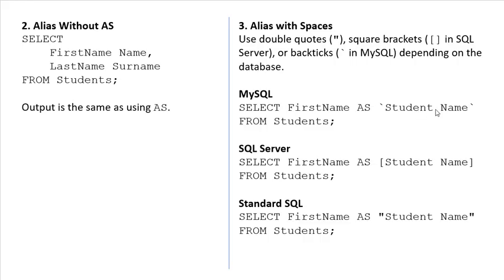In SQL Server, SELECT first_name AS [student name] FROM student; And in standard SQL, SELECT first_name AS "student name" FROM student;